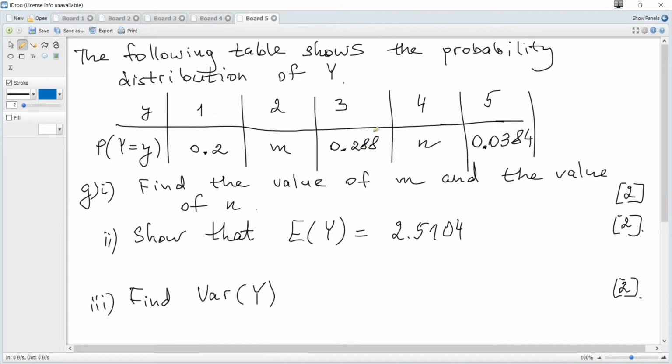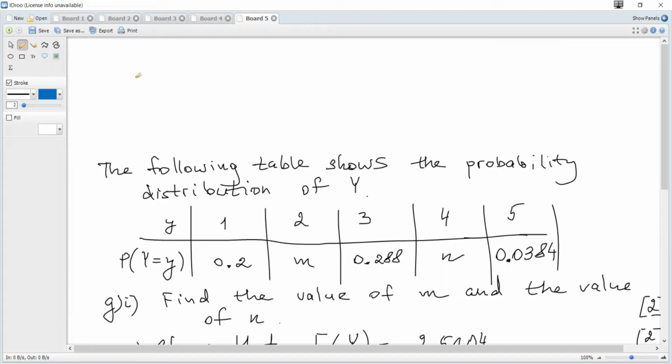The following table shows the probability distribution of y. Find the value of m and the value of n. So what does this m mean? It means that the first boost occurs on the second trial, and